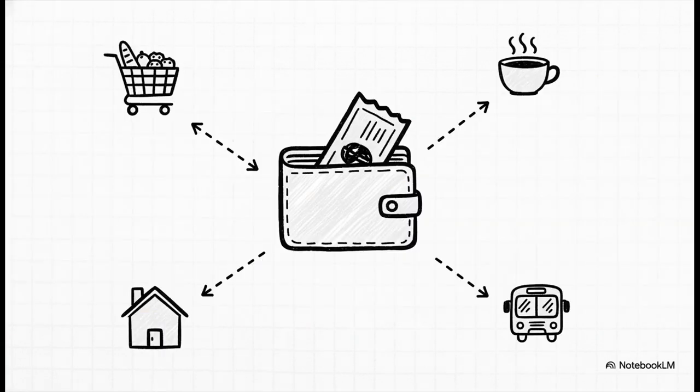First up, we've got the most obvious one, the transactions motive. You just need cash on hand to live your day-to-day life, right? You might get paid once or twice a month, but you're spending money almost every day. This is the cash for groceries, for rent, for your morning coffee, all the predictable stuff. And it makes sense that the more income you have, the more you're going to spend, so the more cash you need for these transactions.